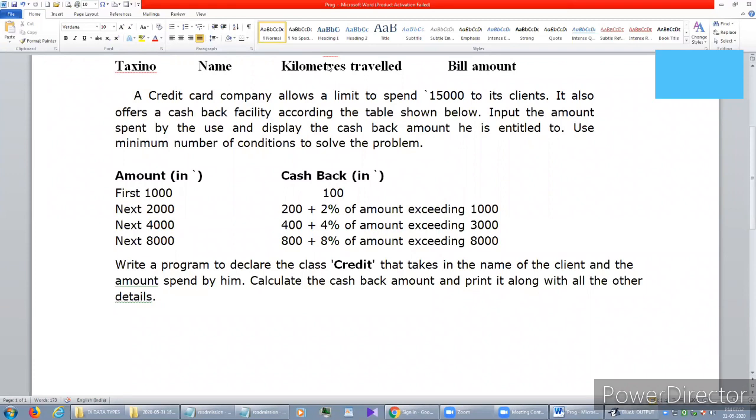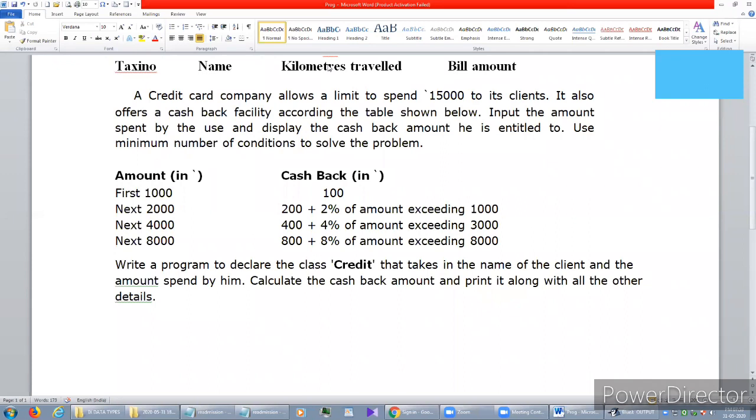Write a program to declare the class credit that takes the name of the client. Please make a note: if the class name is given in the question paper, you have to go accordingly. It will accept the client name and the amount spent by him, calculate the cashback amount, and print it along with all the other details.